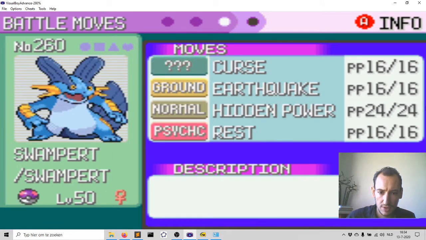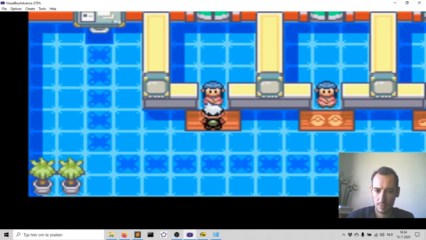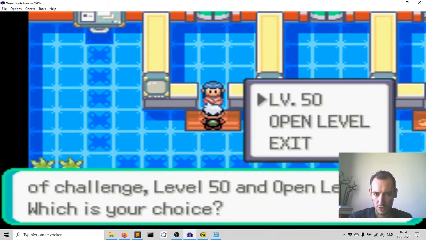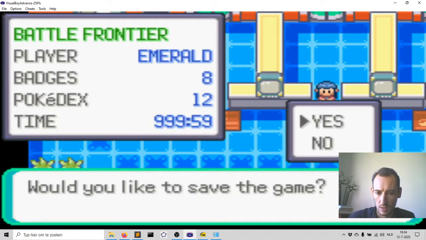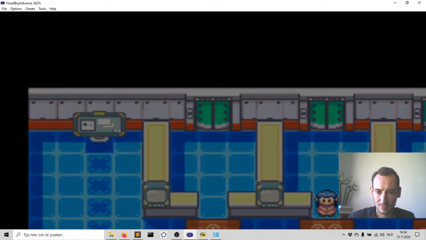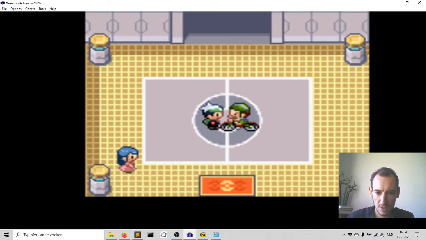And then we have Swampert just as a filler Pokemon actually. A Curse bird sets up nicely against Electric type opponents. And in general, it's just a good backup to have. But most of the time, we'll see that Politoed and Suicune are responsible for the win. So what are the problems of this team? Well, there's some stuff like